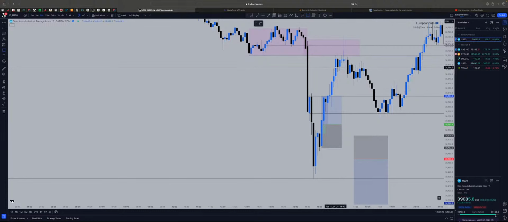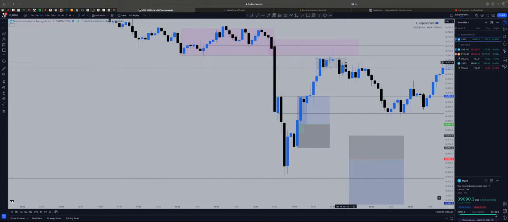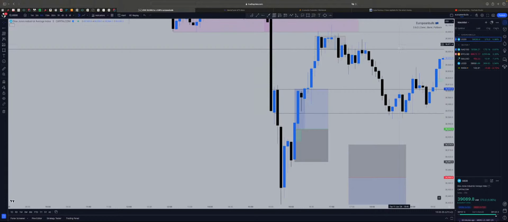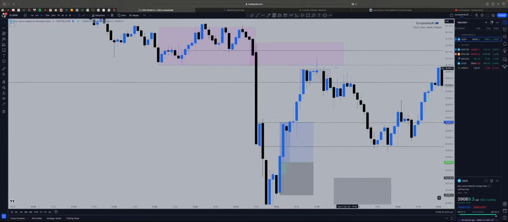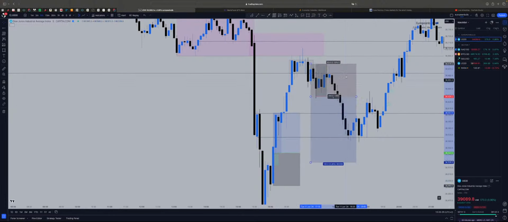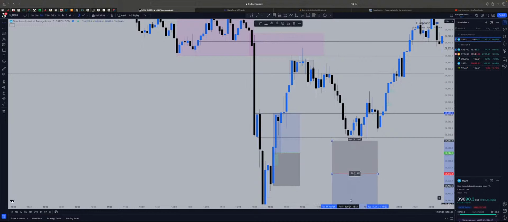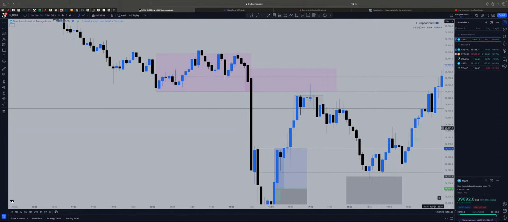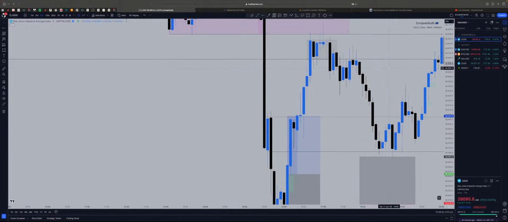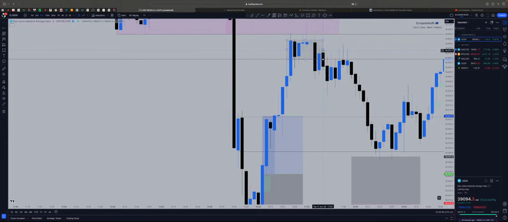You can see that the price is not willing to move further with this wick, with these 1, 2, 3 candles. You could say that the price wants to go down. I would have sold right here with my sell orders. I would have gotten like 2.5R, but I always wait for a confirmation. I would wait for a break of structure or any shift in the momentum, which was the case yesterday.